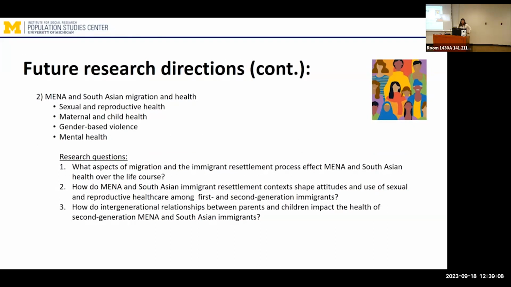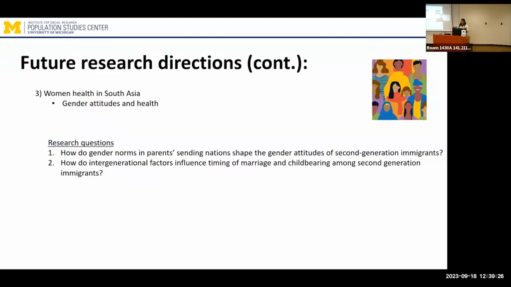In terms of more specifically MENA and South Asian migration, stepping away from Islamophobia, I'm also interested in looking at intergenerational factors that might affect their health, parents and families, and also looking at their health over the life course. And then I did get the wave to close off, so